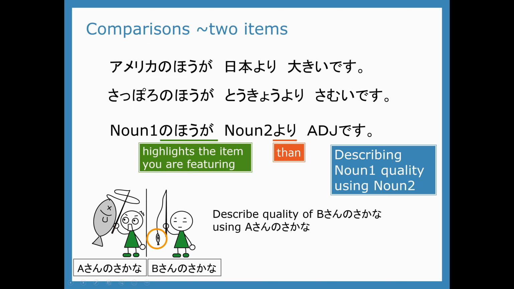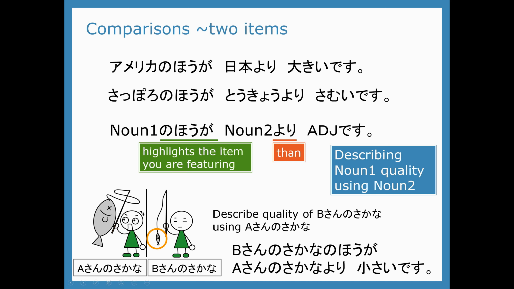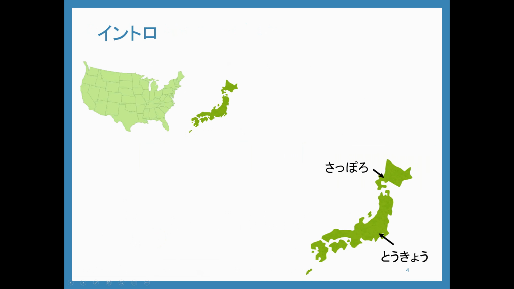So how can we say B-san's fish is smaller than A-san's fish? B さんの魚の方が A さんの魚より小さいです。